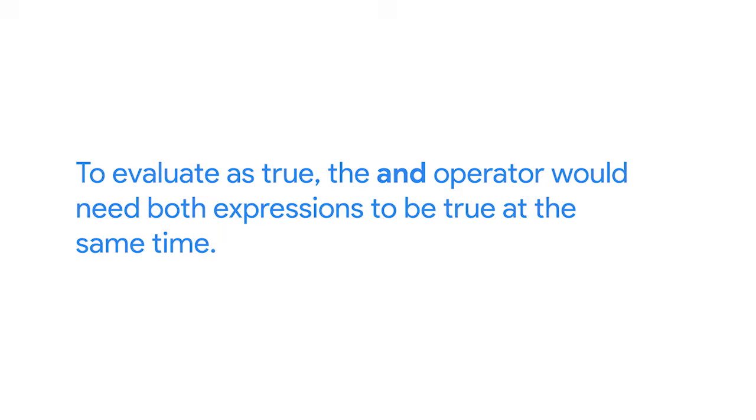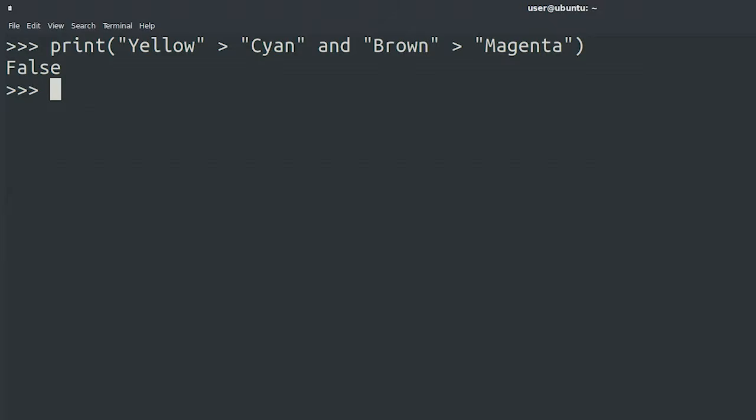To evaluate as true, the AND operator would need both expressions to be true at the same time. Here we're comparing strings, and the bigger and smaller operators refer to alphabetical order. Yellow comes after cyan, but brown doesn't come after magenta. So this means that the first statement is true, but the second one isn't,